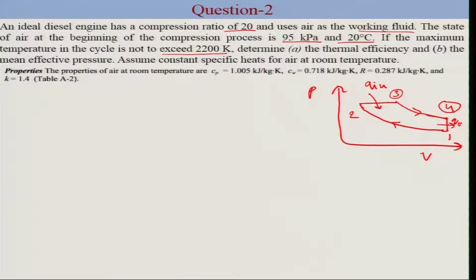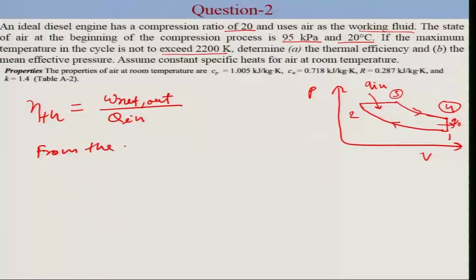Now we are asked to calculate thermal efficiency and mean effective pressure. So what is thermal efficiency? Thermal efficiency is the total work coming out of the cycle divided by total heat going into the cycle. From the process 1 to 2, which is an isentropic compression,